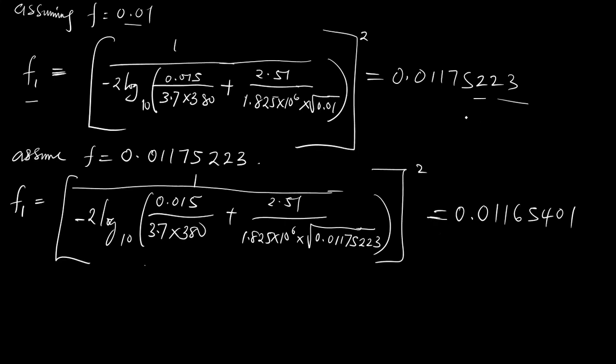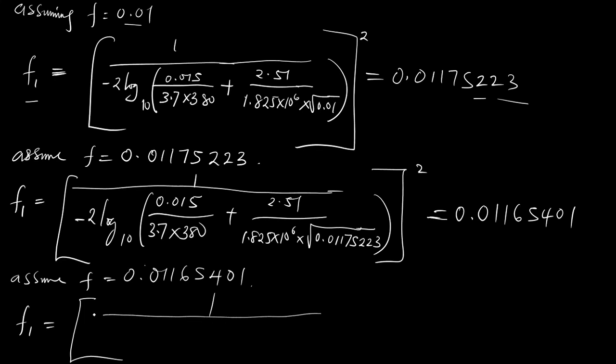So it's different from this, so we're going to solve for another one. So we're going to assume our f is equal to 0.0116540. So now our f1 will now be equal to